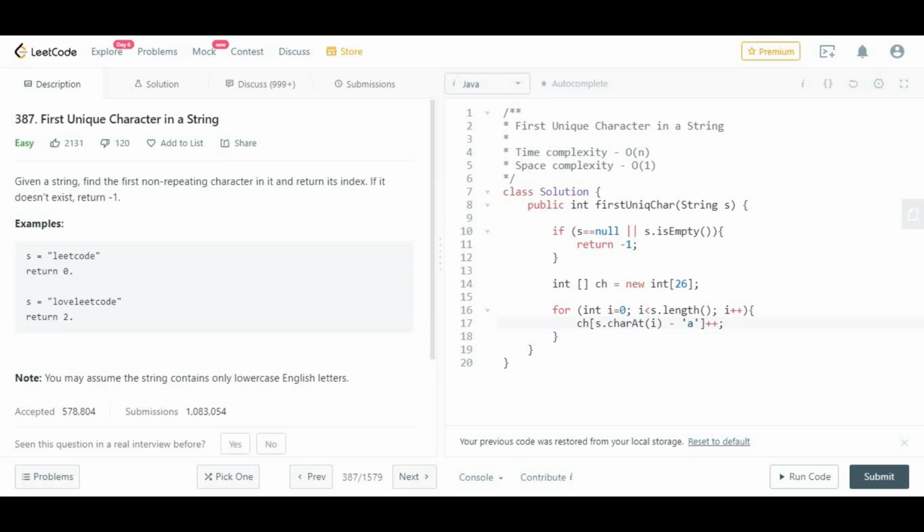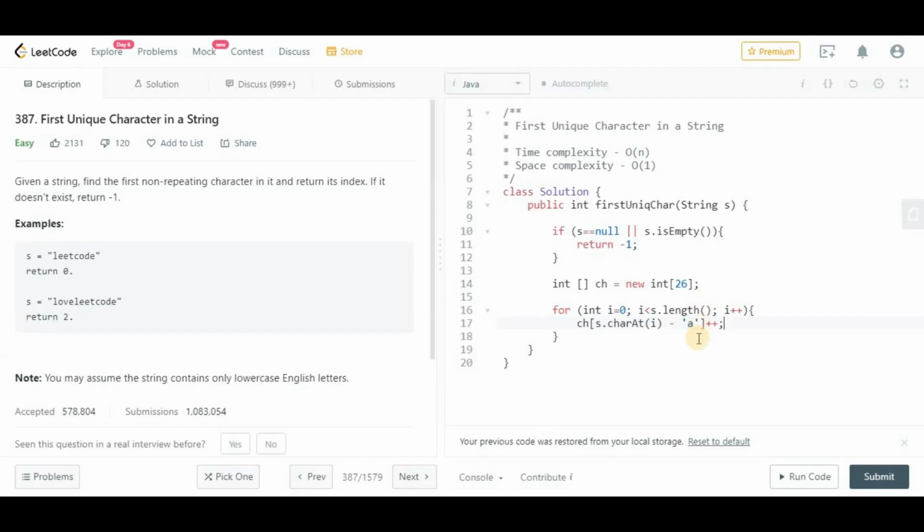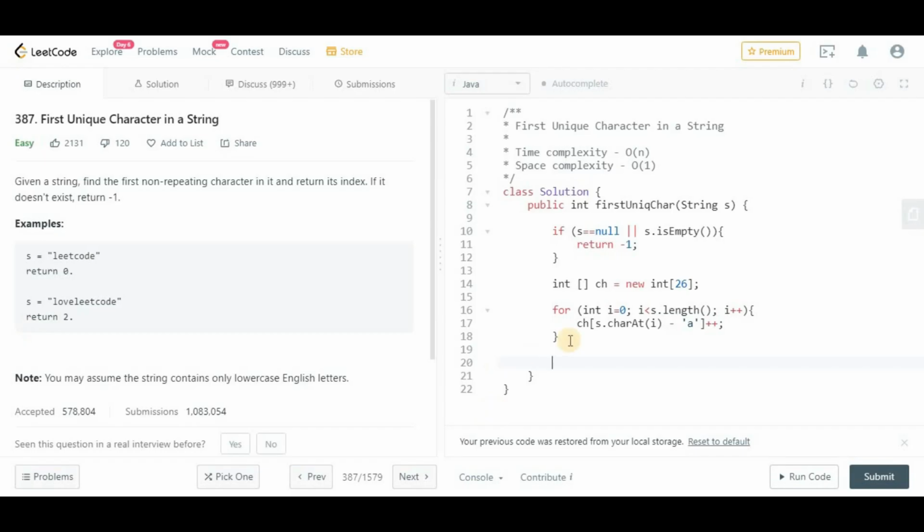So what we are doing, if c is there, right? So c minus a, and whatever is there, plus plus. So if 0 is there, increment it to 1. So after this for loop, we will be having our integer array filled. All those character counts will be there, from 0 to 26 index, right?